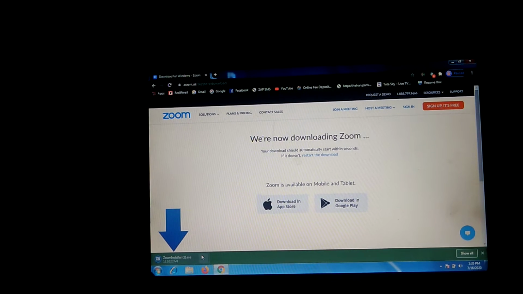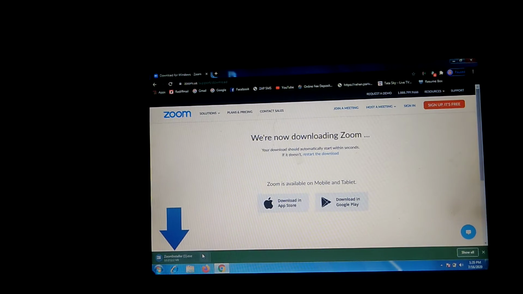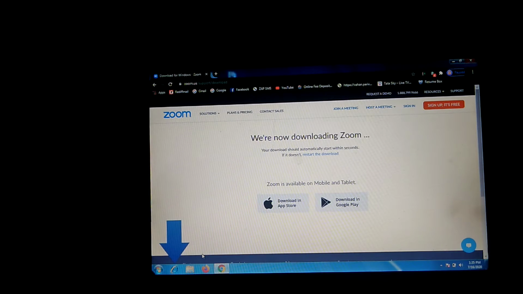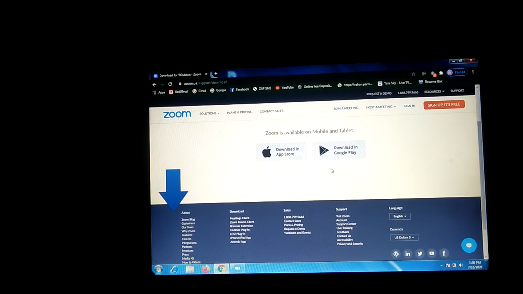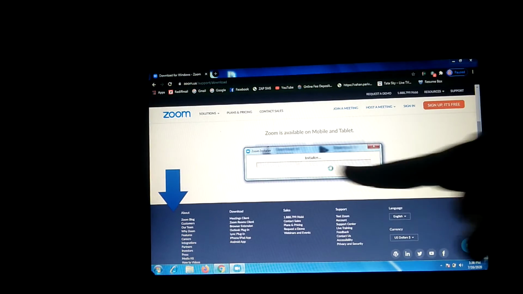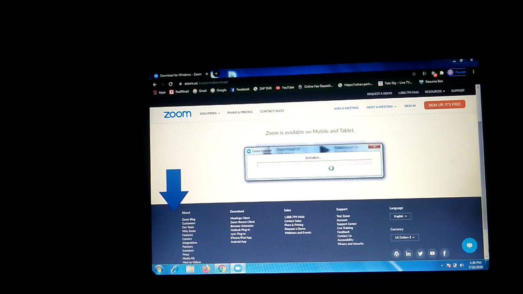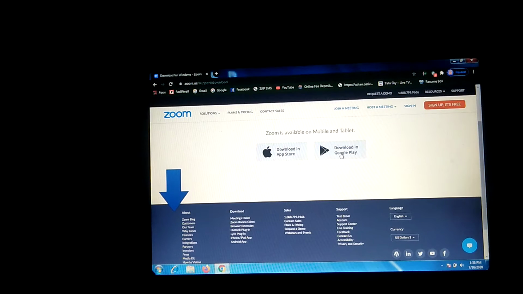You will just go on Google Chrome, type whichever application you want to install, and then click on install and double click. Fine, our application is being installed and we are ready to run it now. See, initialize means it is installing in the system. 52% complete.